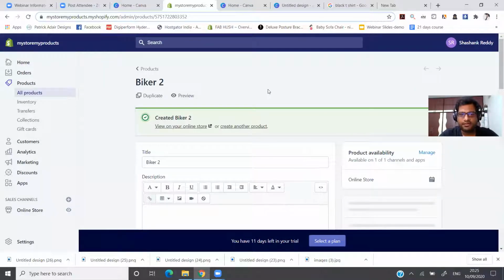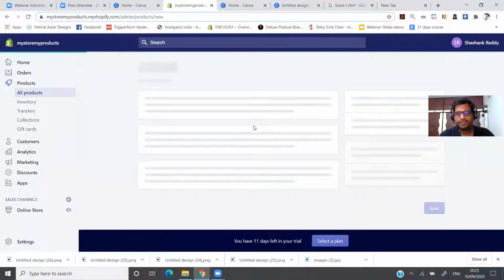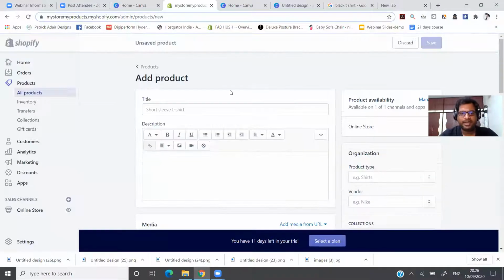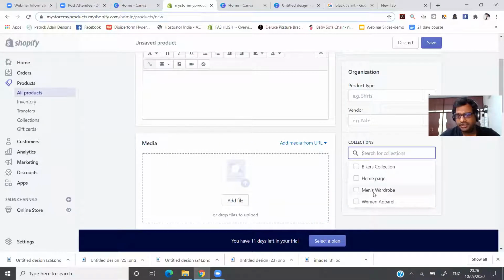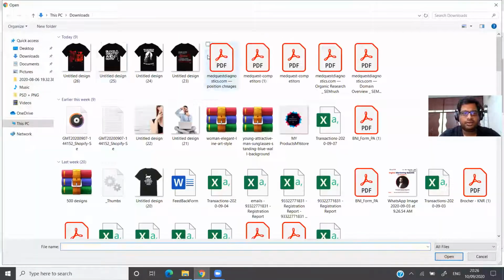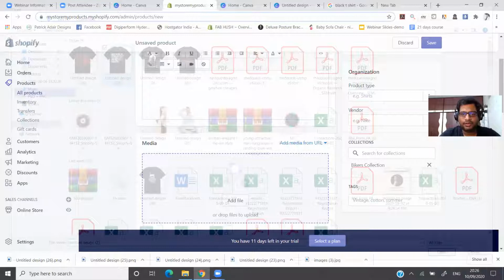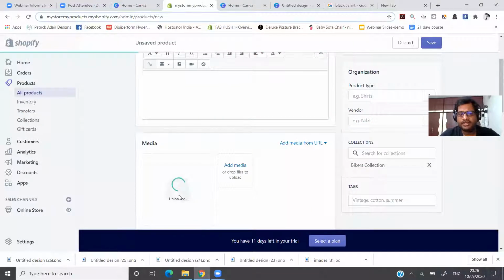Now create another product. Product number 3, biker 3. Scroll down, go to collections, click on biker collection, add the file to this one. Let this load.